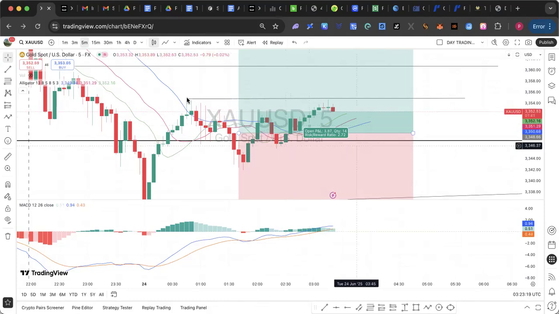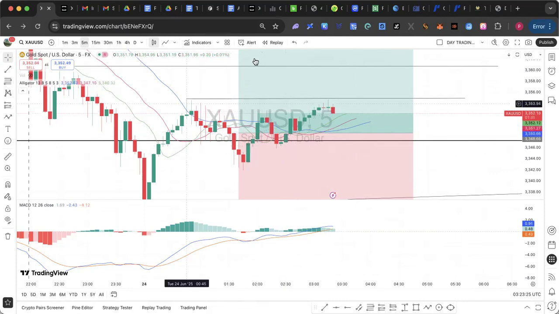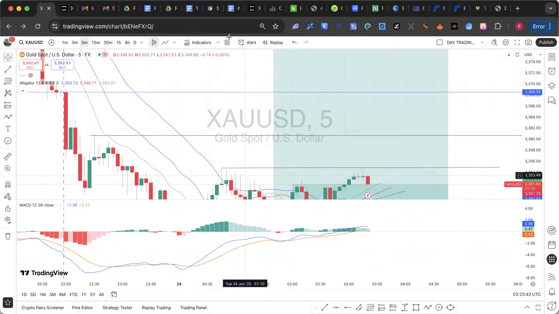But the market is still very, very risky because you have a high here that needs to be taken out, but the market is struggling below it, and that's not a good sign. You have another high here, and the market, of course, has not gotten there. And then you have the last high here. So if you're able to wipe off all of this, you create a high here that breaks a very nice structure, and then breaking above this. So now you can see that I'm purely talking about price action.